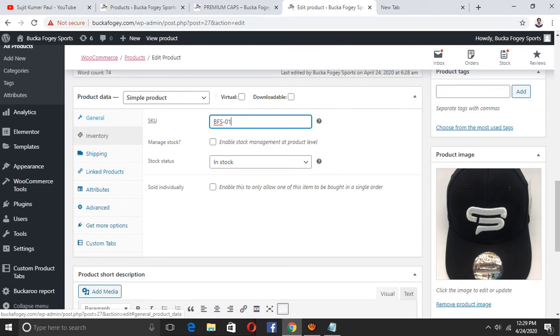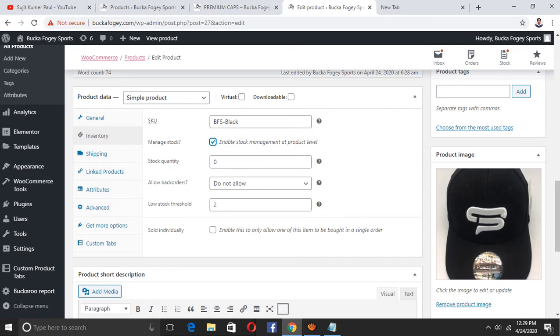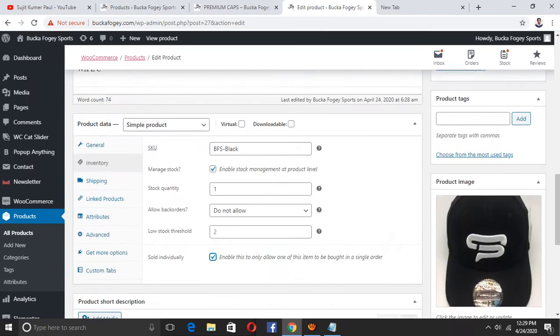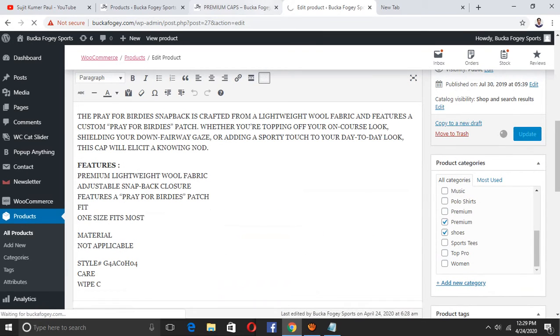Okay, but black, BLACK, black, like here you can set the quantity, like no quantity, or you can have one quantity. Okay, then you can update. You can see.